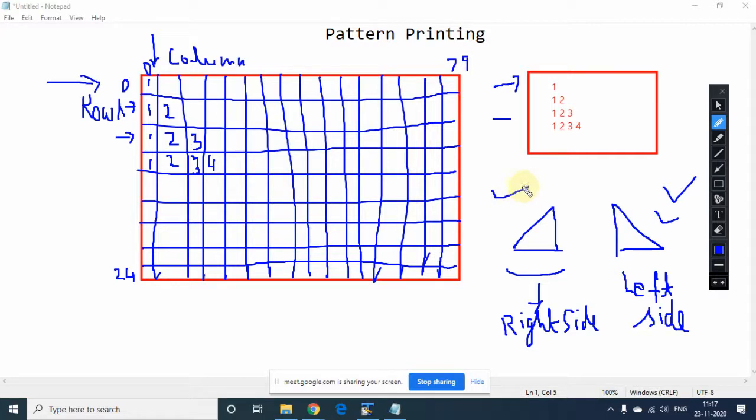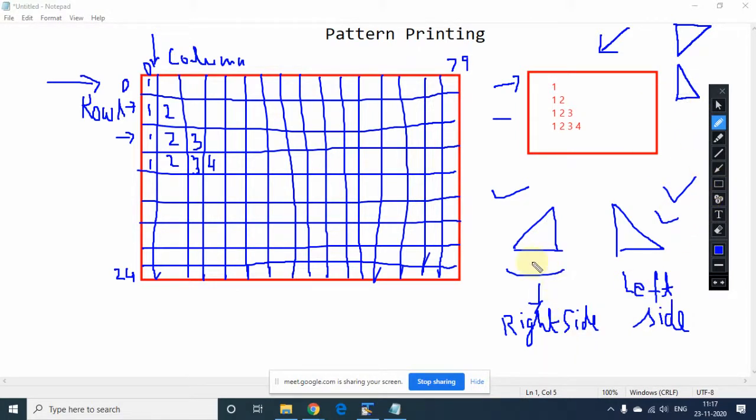First of all we will start from the left side pattern, and I have given an example for it. The left pattern can be like this also, that's up to you.